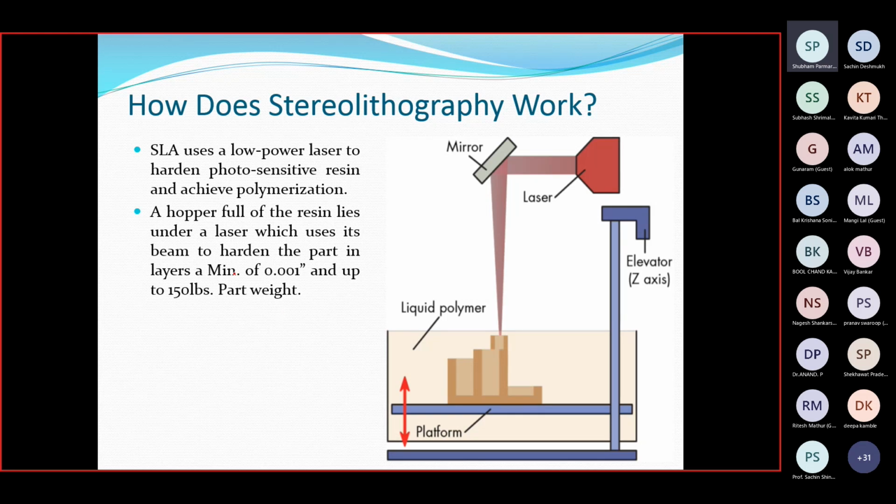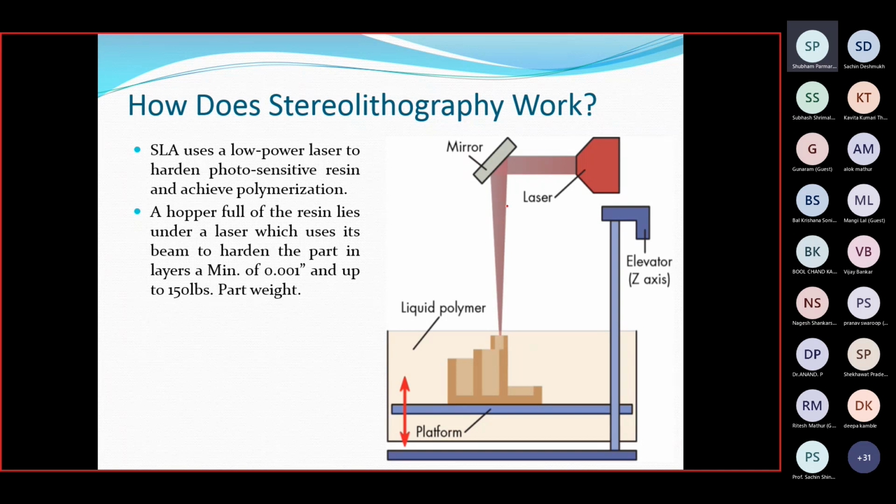Exactly, good question. Exactly at this point, the drawing, or you can say the stereolithography STL files, come into use, and with that this laser will start beaming, and this mirror will move along with the laser beam.